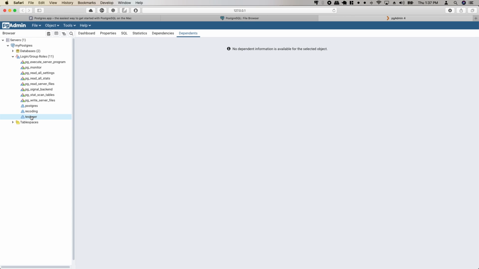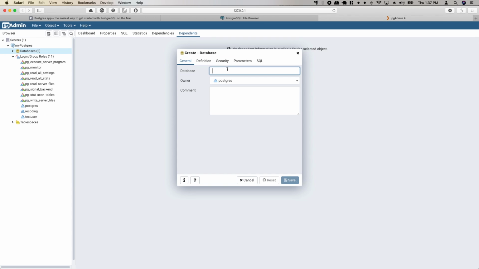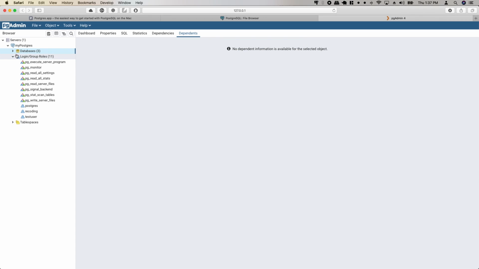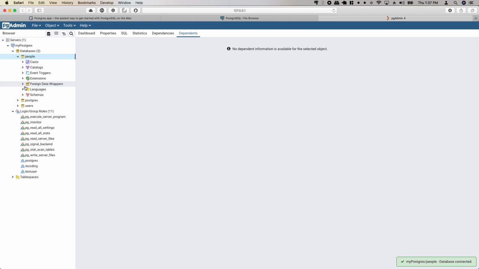Now let's create a database. Inside the databases section, right click on the icon. Inside this, we need to name our database. And let's just save our database. After creating a database, we need to open it.